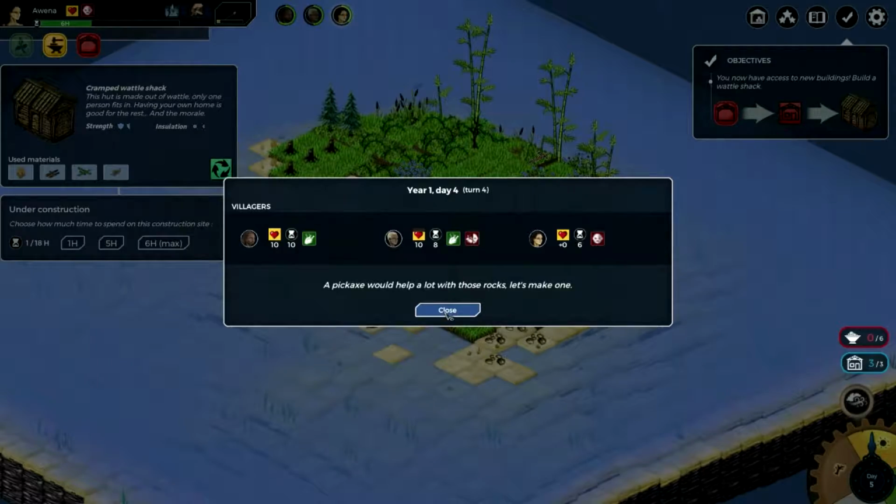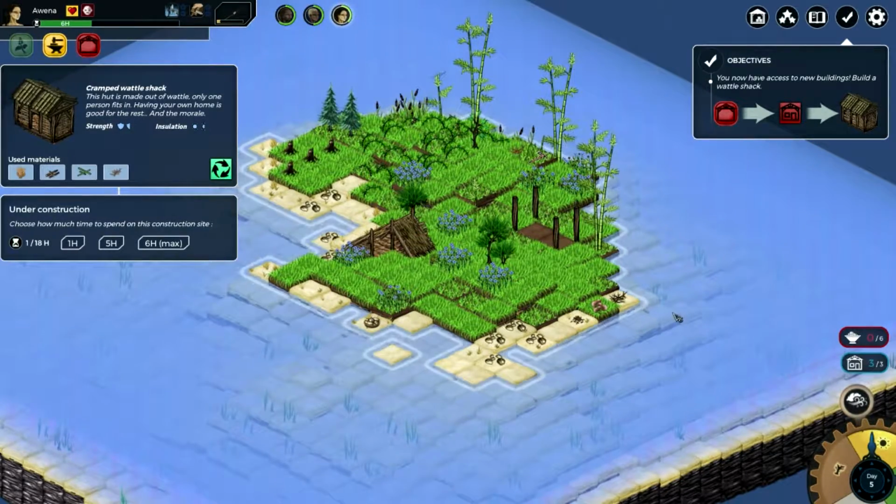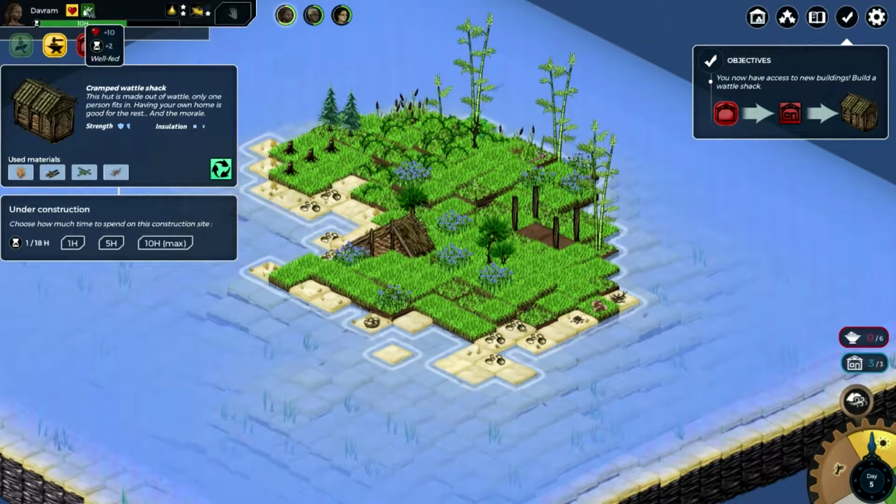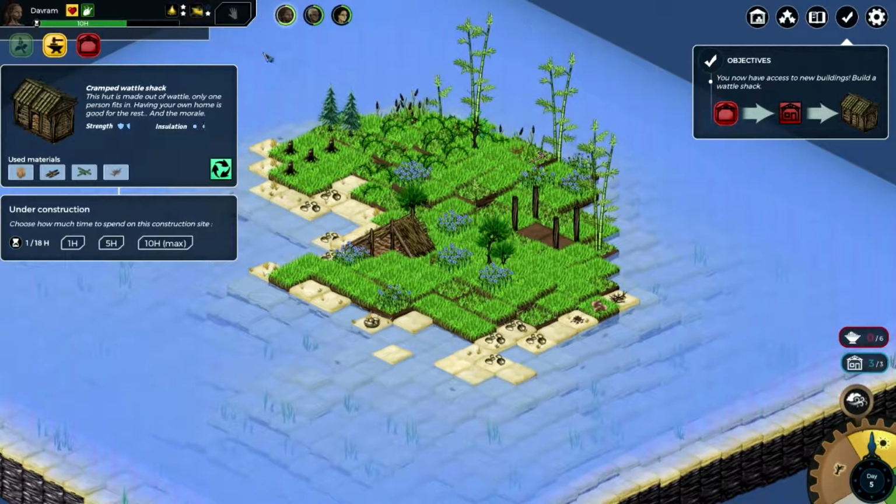Okay, turn 4. Alright, so now go here. You're well fed. That's nice. So 10 hours of work I can get out of you. We need 18 for this, so that's good. You're going to spend the maximum amount of time building that, and